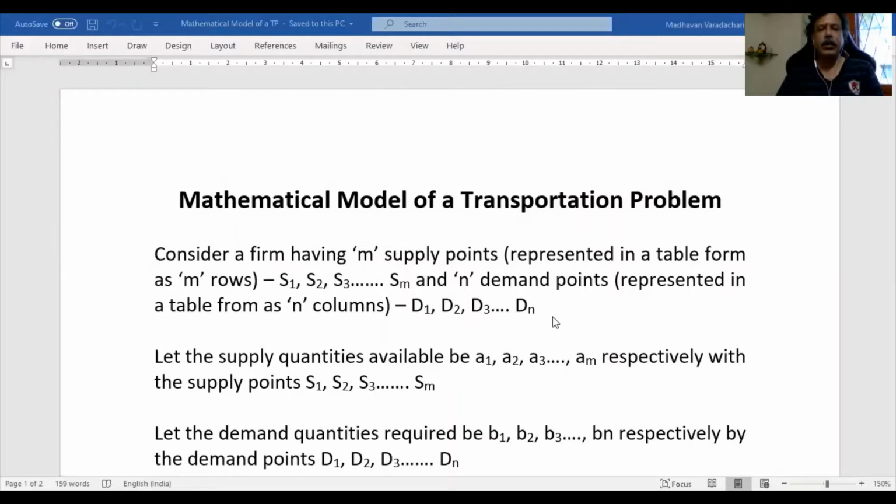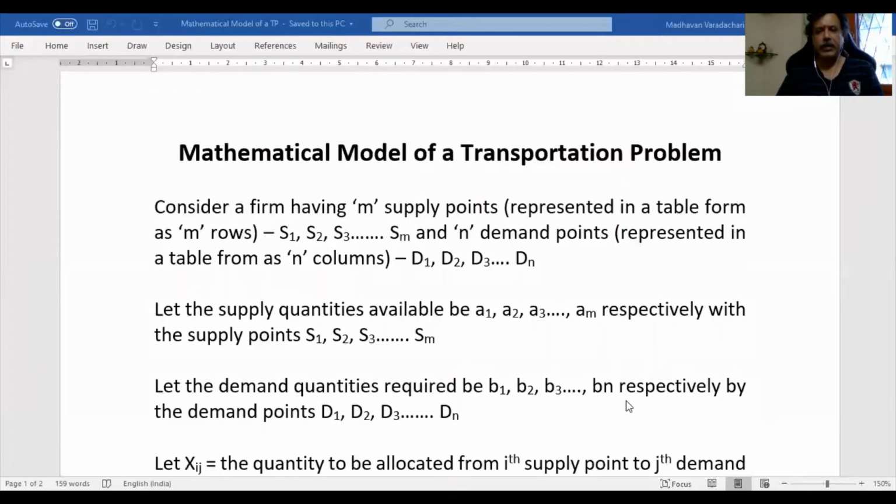Here we are considering those demand points as D1, D2 and so on up to Dn. Let the supply quantities available be A1, A2 and so on up to Am respectively for those supply points, and for the demand points let it be B1, B2 and so on up to Bn, which we'll be mentioning in the